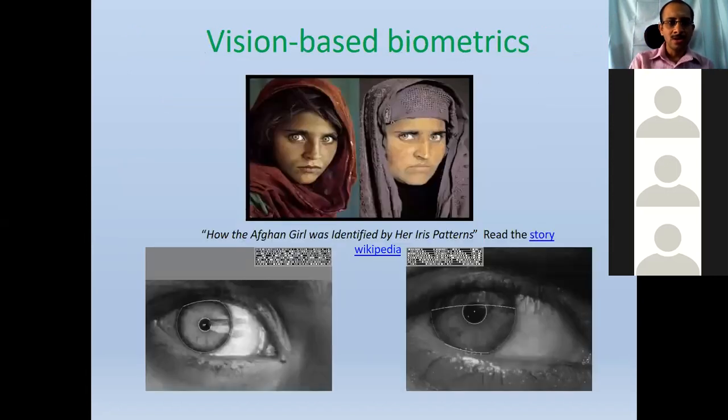Yeah, this application, any of you know what this is? Quickly move on. I think I have a good number of slides. Yeah, iris detection. Right. This is iris detection. There is an Afghan girl who was caught after, I think, 20 years, or I'm not very sure. I forgot the exact story, but I think after several years, she was recognized as the same girl through iris recognition.